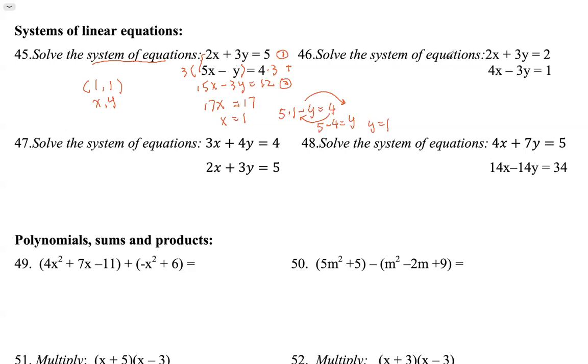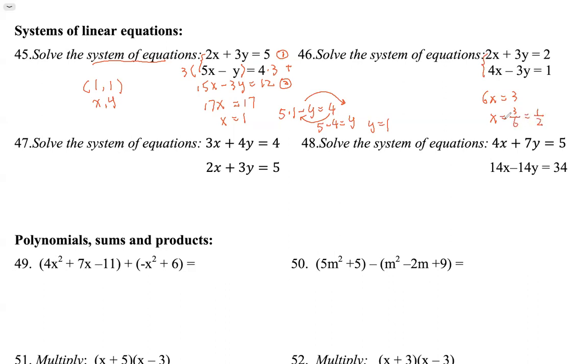Okay, we do the same thing for 46, right? We're solving this system of two linear equations. Here we see we can add directly, right? Because if we add the two equations, 3y plus negative 3y, that becomes 0. So we get rid of the y term. 2x plus 4x, that's 6x. 3y plus negative 3y, that's 0. 2 plus 1, that's 3. Then we divide by 6 on both sides. So 3 divided by 6,